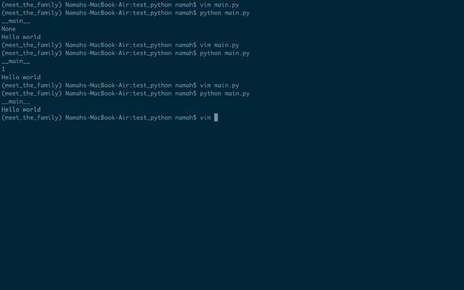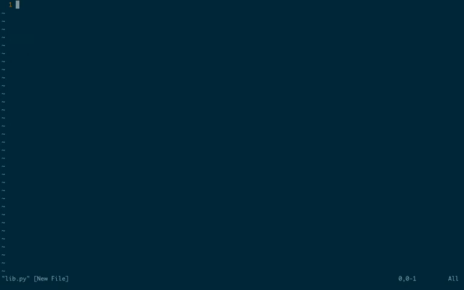Let's create another file called lib.py, and this is going to say from main import this will be imported. Here, if __name__ equals __main__, we're not going to print hello world, because that is printed by our main file.